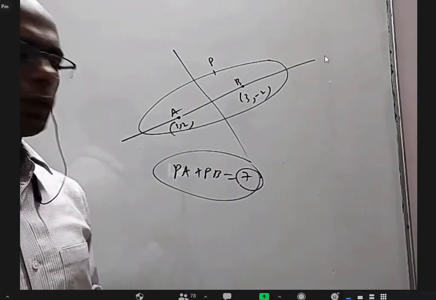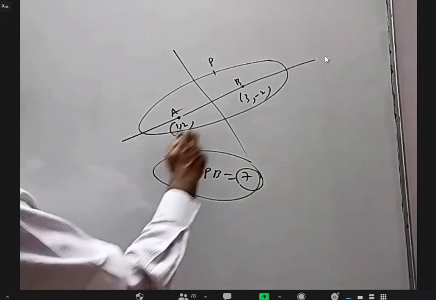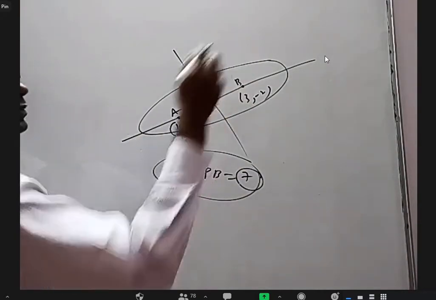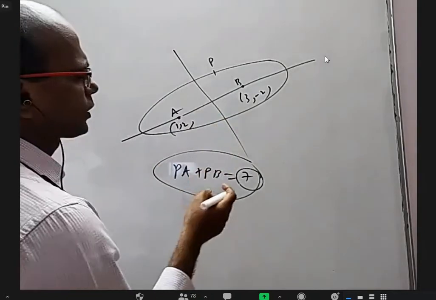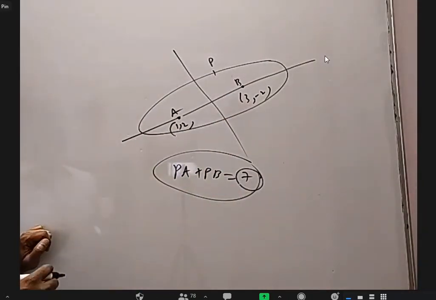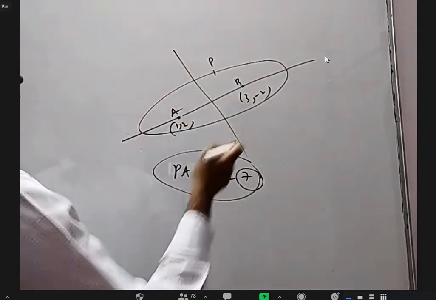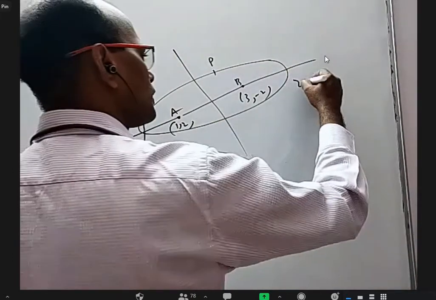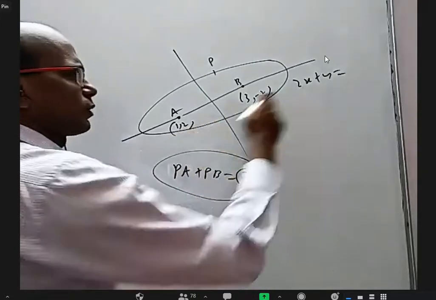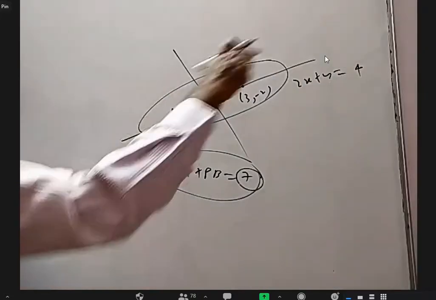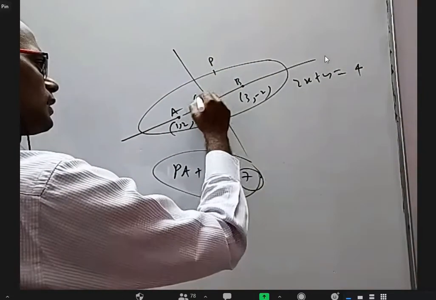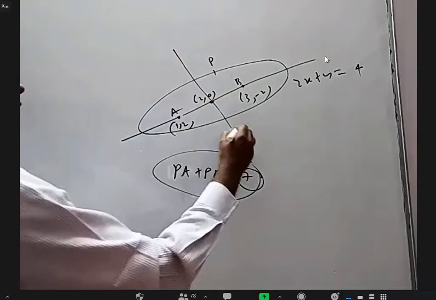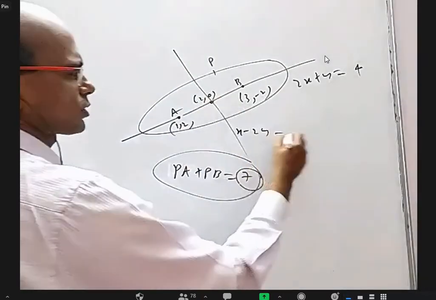Yes, sir. So what is the line passing through these two? You find it, that is the major axis. So what will the slope be? Minus 2. Minus 4 by 2. Yeah, minus 2. So if 2x plus y, put 1, 2, you'll get 4. So this line is 2x plus y equal to 4. The center is 2, 0. The perpendicular line is x minus 2y equal to 2, passing through this.